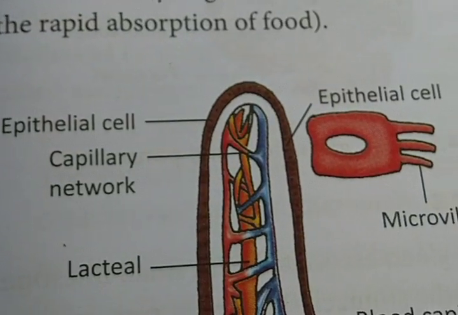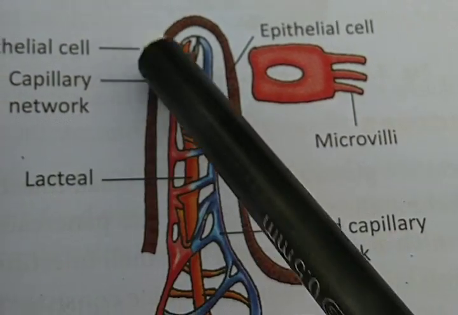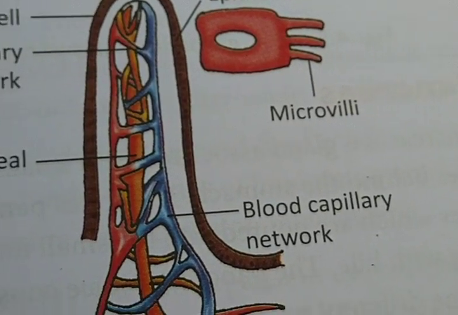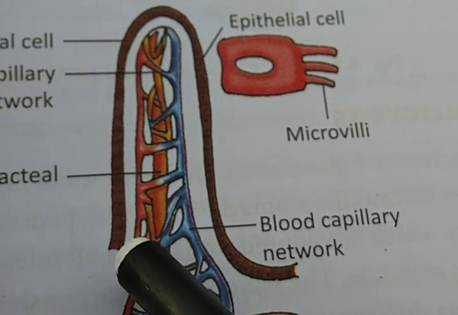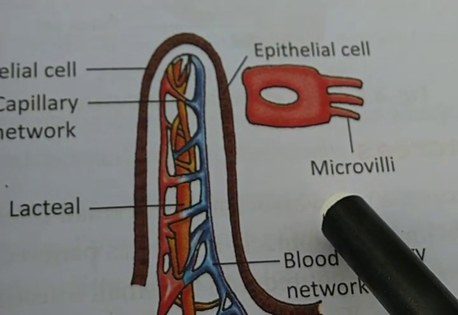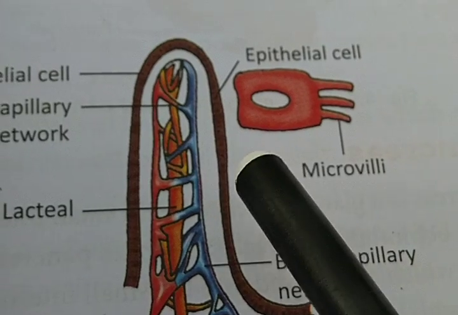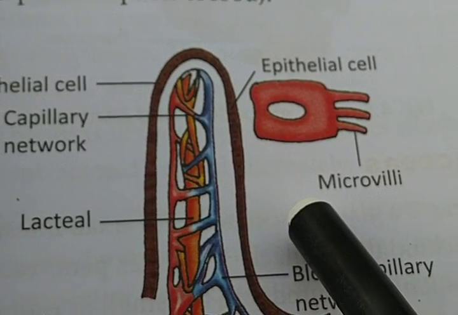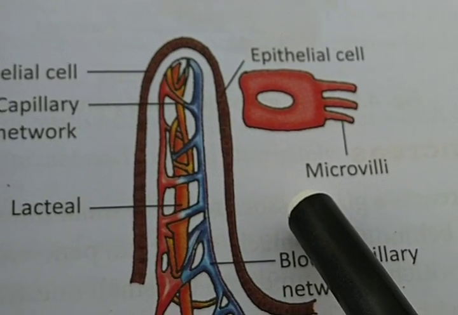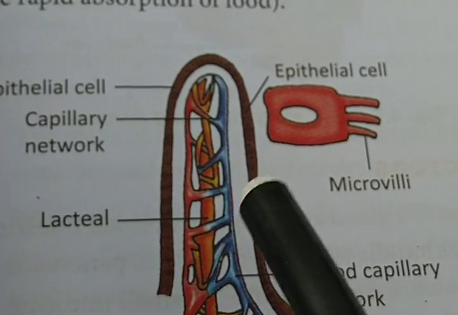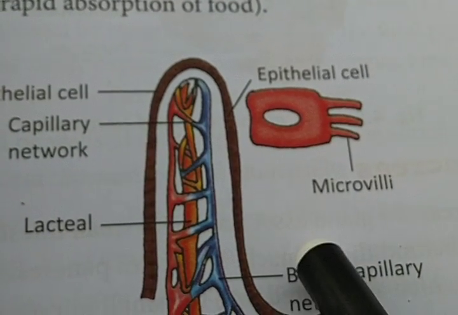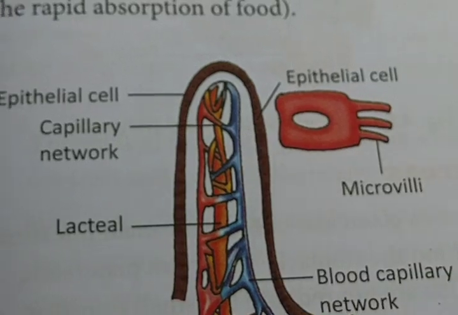So look at the picture. That is the figure of villus. Basically, the inner wall of the small intestine consists of lots of finger-like projections. These are known as villi or villus. And the proper reabsorption of food normally takes place in the villus because it accommodates a large space inside the small intestine.